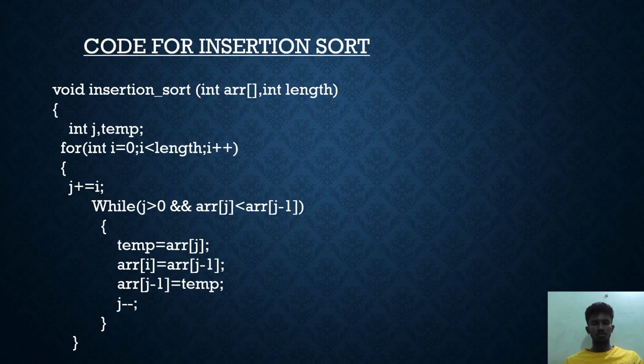Let's move on to the code for insertion sort. void insertionSort(int array[], int length) { int j, temp; for (int i = 0; i < length; i++) { j = i; while (j > 0 && array[j] < array[j-1]) { temp = array[j]; array[j] = array[j-1]; array[j-1] = temp; j--; } } }